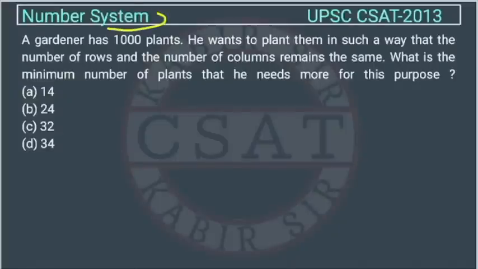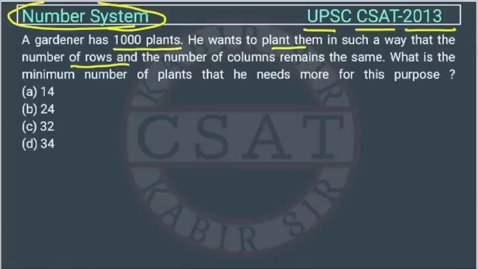So this is a question from the number system chapter asked by UPSC in the CSAT exam of 2013. A gardener has 1000 plants. He wants to plant them in such a way that the number of rows and the number of columns remain the same, right? So suppose there are